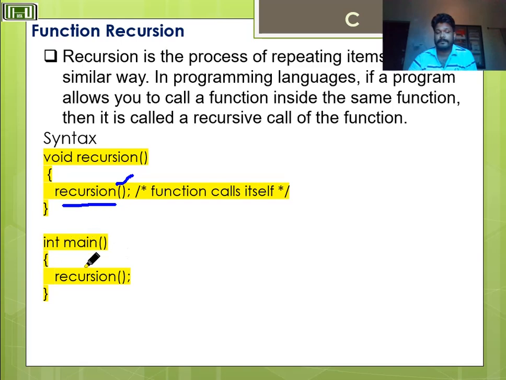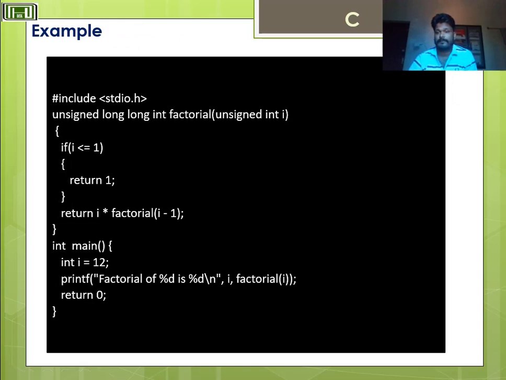And inside the main function we have the recursive function declaration. Now moving to the example. So the definition is a function calling itself is called function recursion. Here we have an example for function recursion. After header file we have the function definition here. You can define here also. Then unsigned long int factorial(unsigned int i). If i less than or equal to 1 return 1, then here is the recursive function,